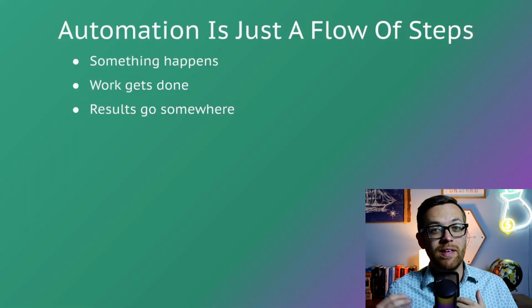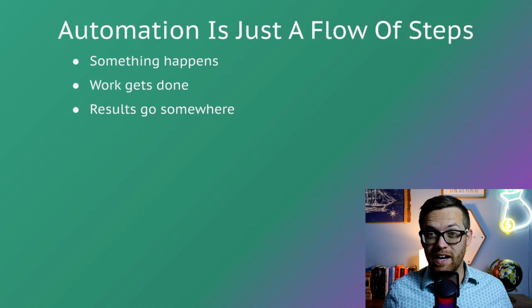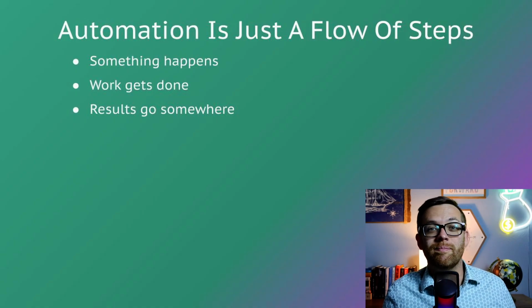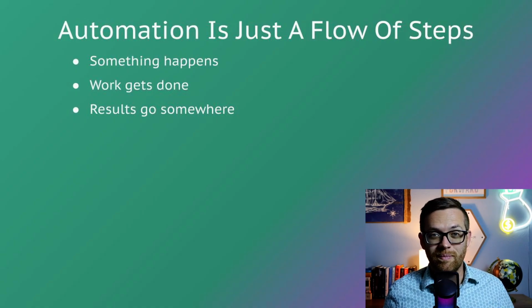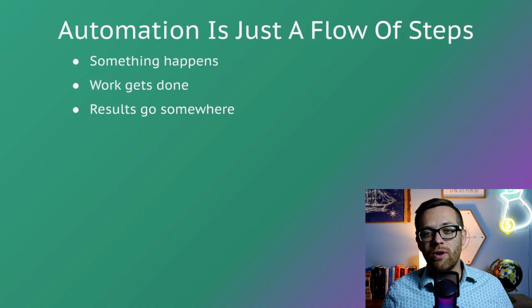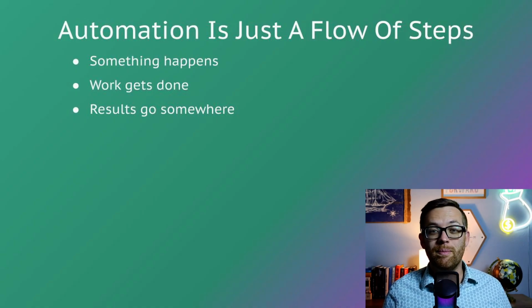So in this module, we're going to demystify automation, and not by throwing a bunch of tools at you, but by breaking automation down into what it really is. Something happens, work gets done, results go somewhere. That's it. And every single no-code automation tool, whether that's Power Automate, N8N, Zapier, whatever, is just a visual way